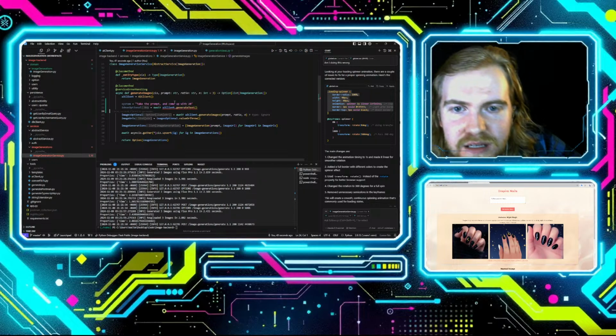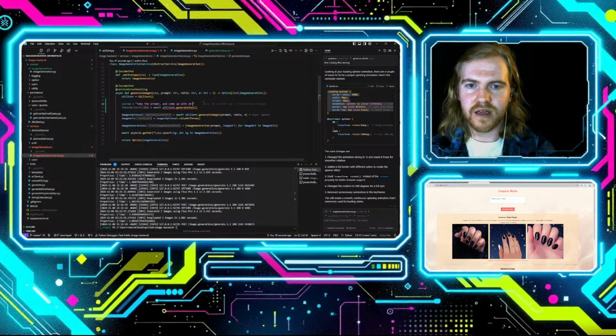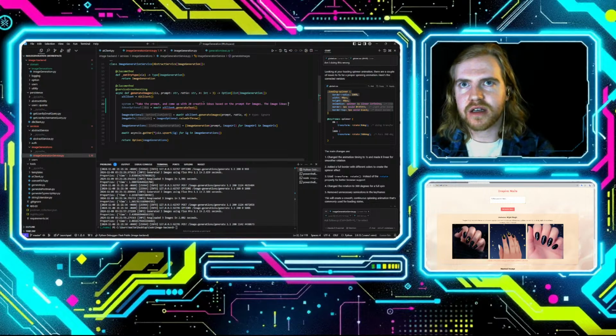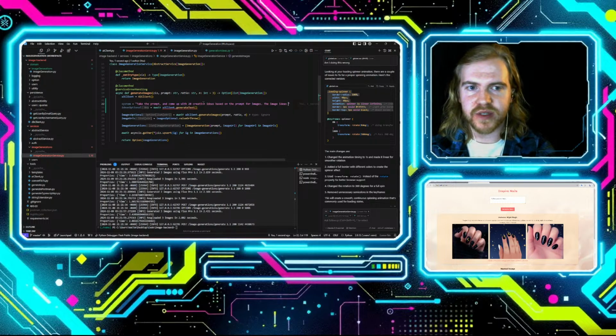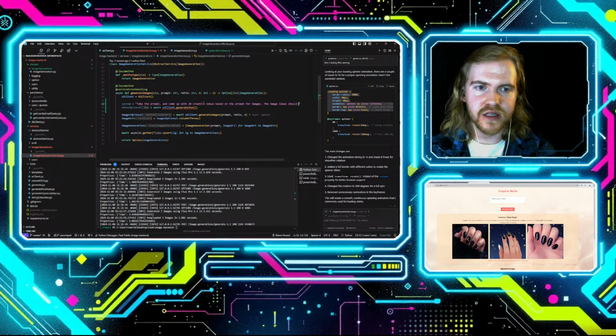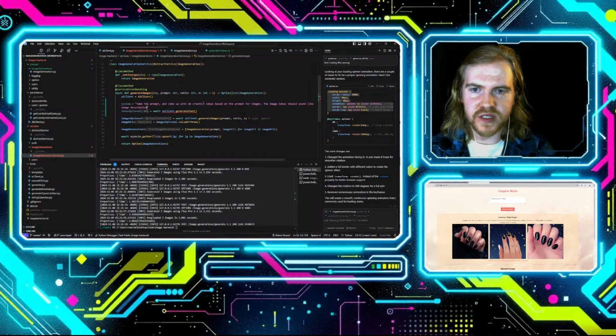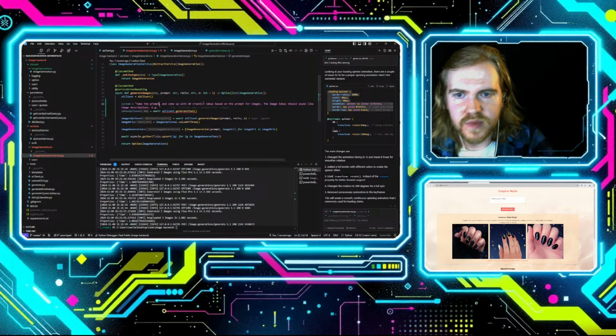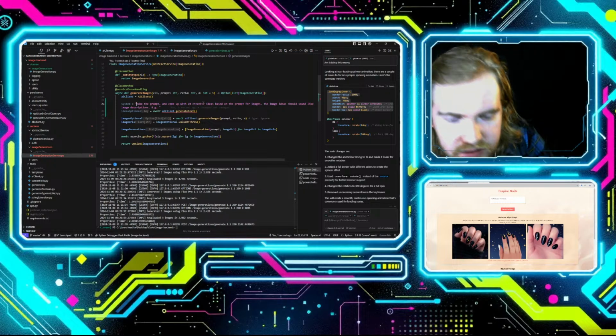So take the prompt and come up with 20 creative ideas based on that prompt for images. The image ideas usually work best if they sound like image descriptions. So the image ideas should sound like image descriptions. For example, actually, we're going to make this a big string